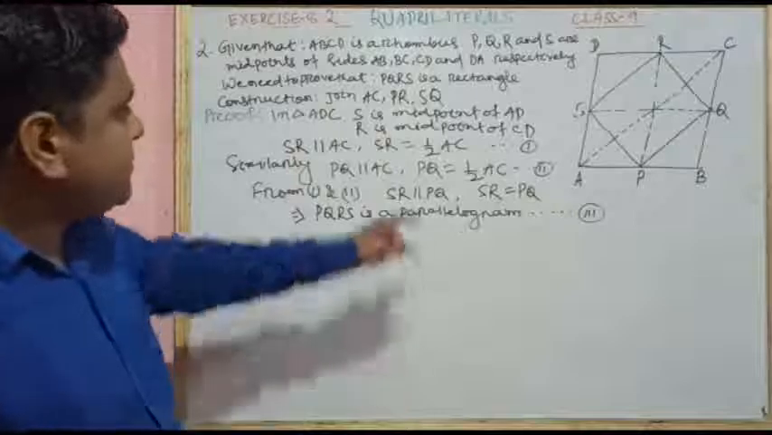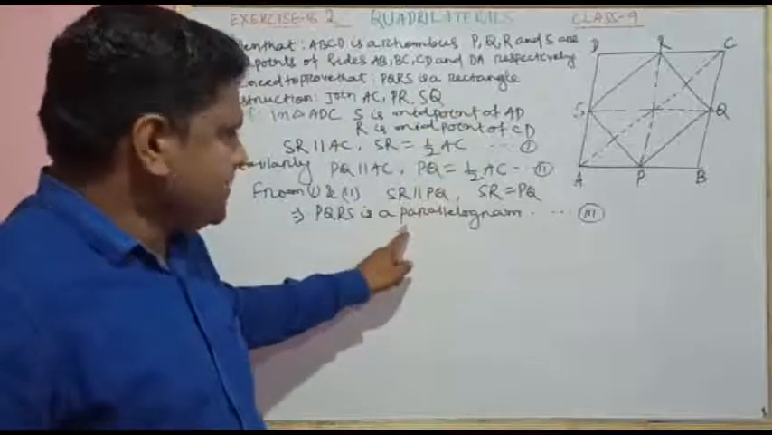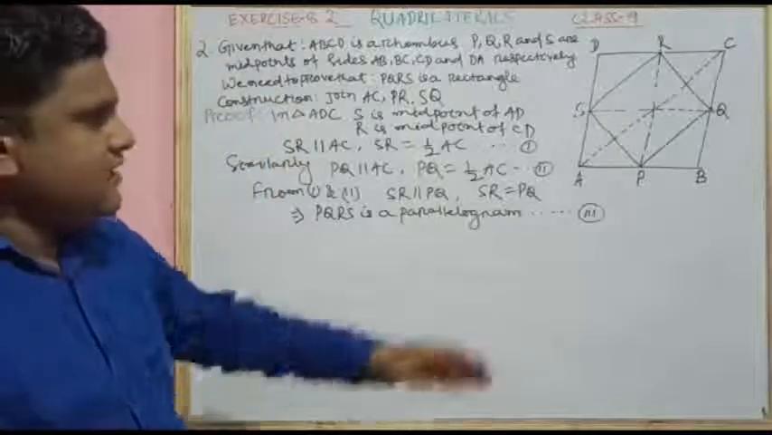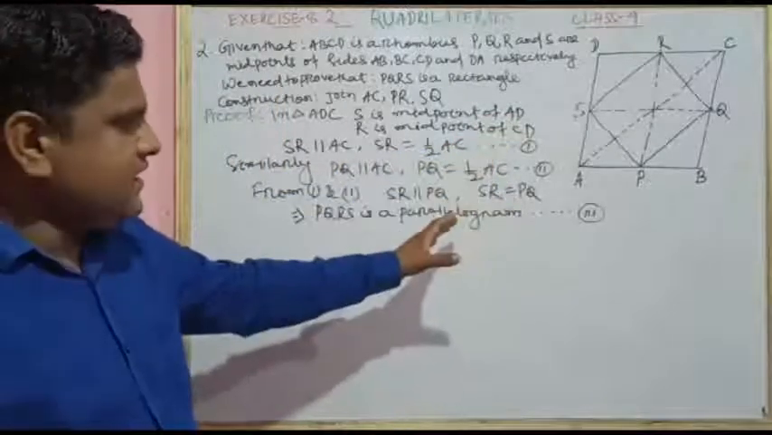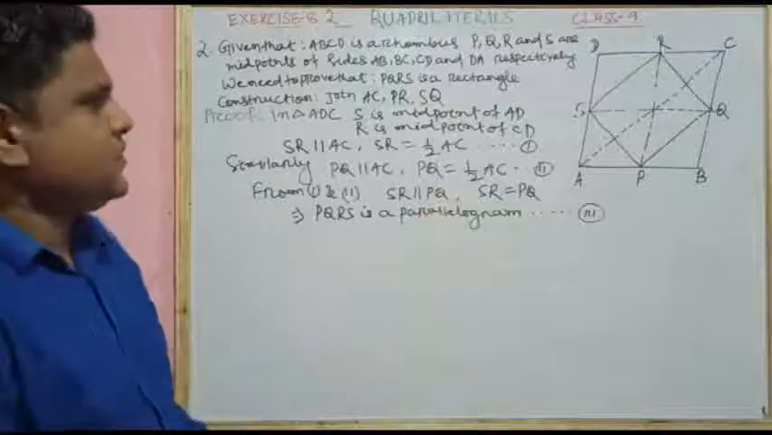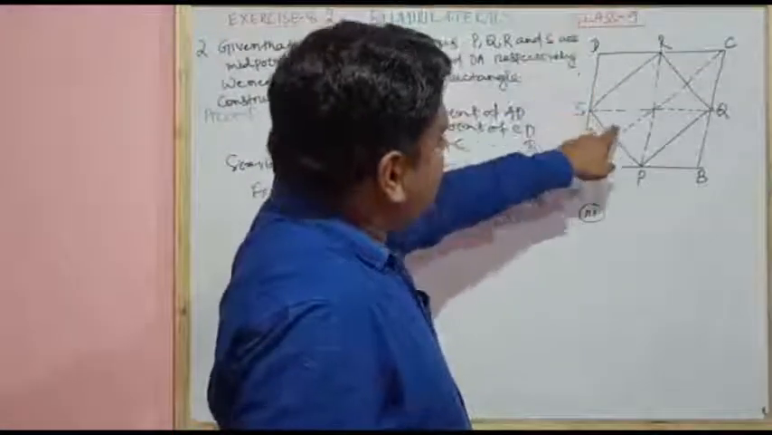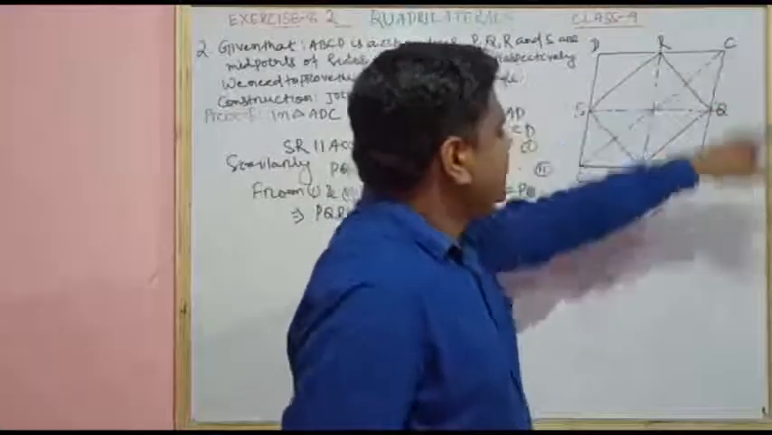So we have to prove PQRS is a rectangle. Up to this much we have proved that PQRS is a parallelogram. So if we can prove that the diagonals of a parallelogram are equal, then it is a rectangle. So let's prove this. See here, in quadrilateral RPBC,